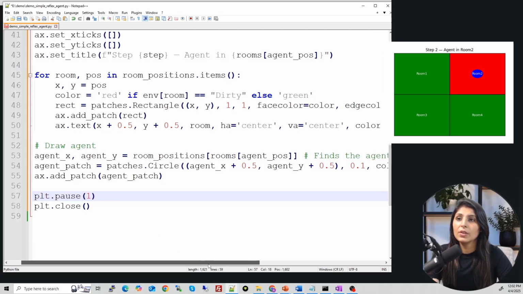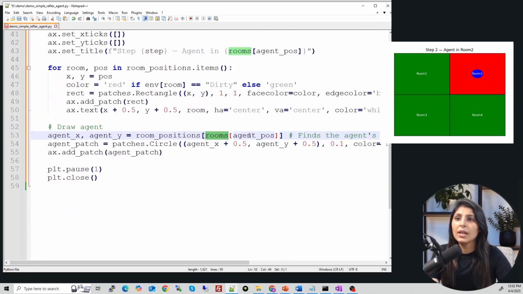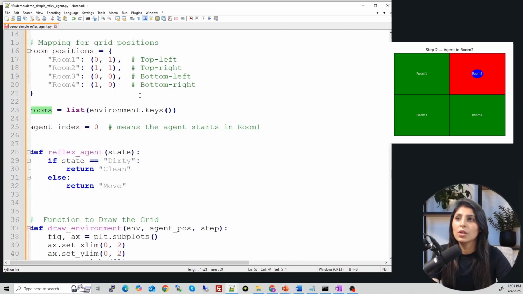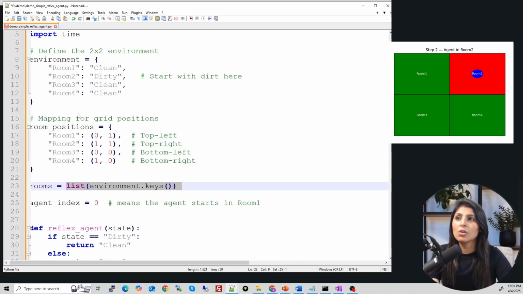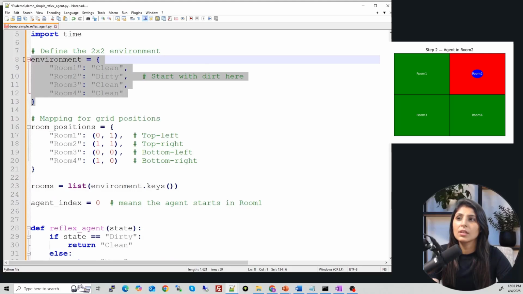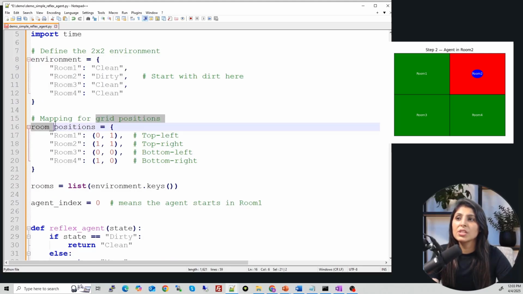So what we are doing is getting the position of the agent from rooms. What is rooms? Rooms is the list of these room positions.